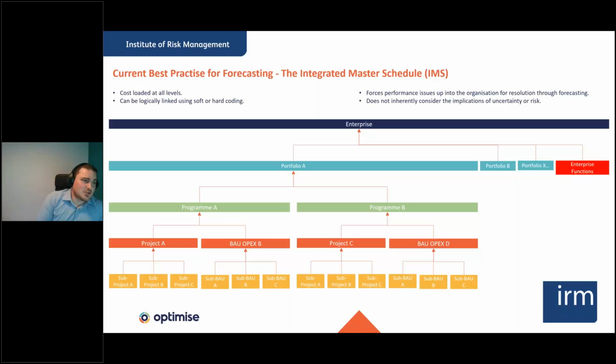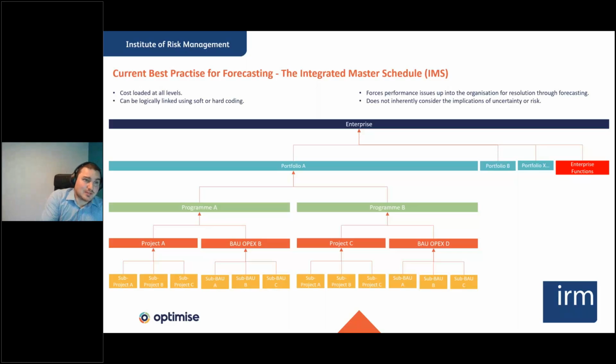So typically in an organisation, you'll have this sort of structure from a schedule perspective, and it's widely known as an IMS, an integrated master schedule. Now it'll vary in terms of the applications. At the bottom here in project space, project A, BAU, OPEX B, project C, you might be using Primavera P6. You might still be using something like P6 or Microsoft Project or an alternative planning software in program A and B space. And then depending on the maturity of the organisation, it may continue all the way up to the top, or things might start transitioning into Excel spreadsheets or PowerPoint presentations. When you get to a certain level, it tends to get simplified.